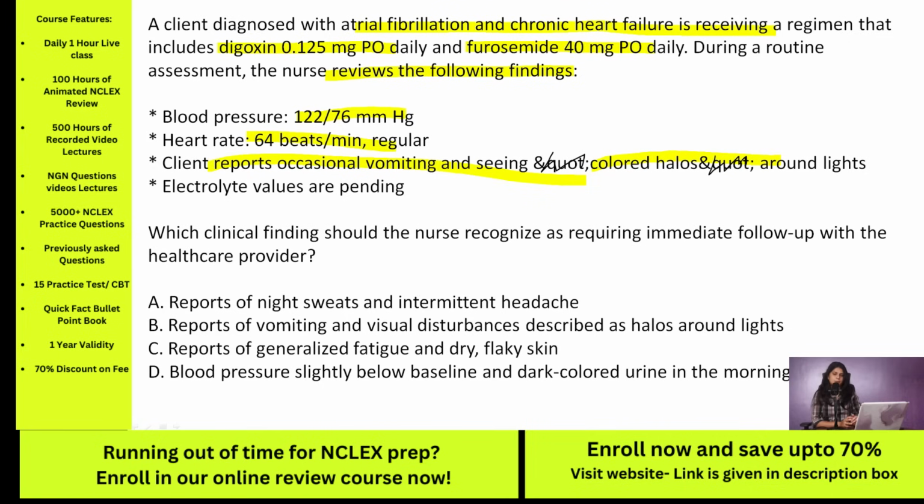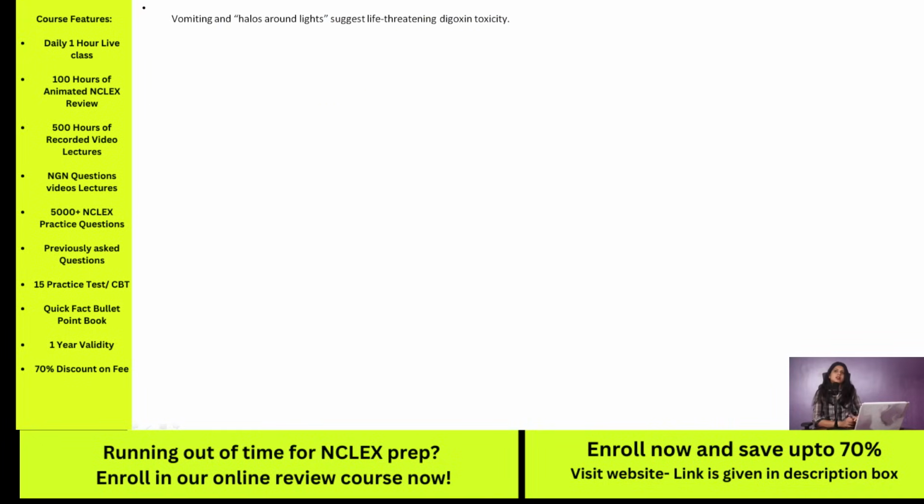The correct answer is option B, reports of vomiting and visual disturbances described as halos around lights. These are classic warning signs of digoxin toxicity, which can quickly become life-threatening, especially in clients who are also taking furosemide. Furosemide can cause hypokalemia, and low potassium levels increase the heart's sensitivity to digoxin, raising the risk of